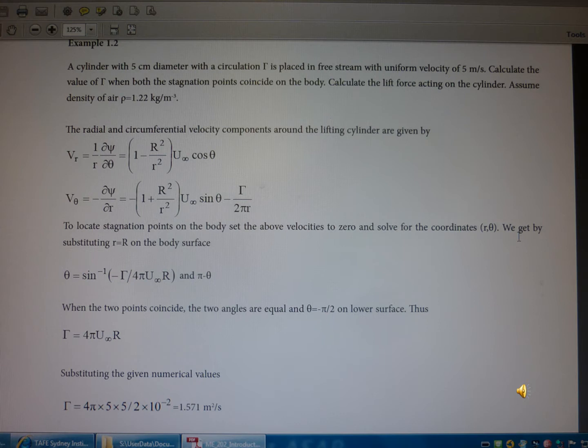Down Shame and now you're my aim at trouble like this in the machine, the pay out the Shama, Pede, as must be to lay to ye, the pay the 1.22 kilogram, and meter you penny. I come as we do the radiant and circumference velocity of the Madon Shama, Lusham, the VI go to 1 by r, the dev sine by dev theta, so minus 1 by rg squared divided by r, rg squared divided by r, the square, u infinity cos theta, Yelame. Total v theta minus sine by des r equal to